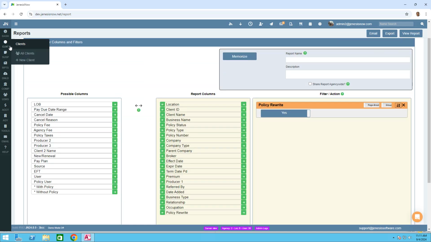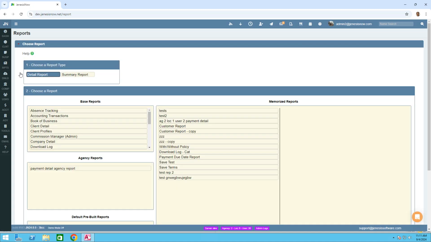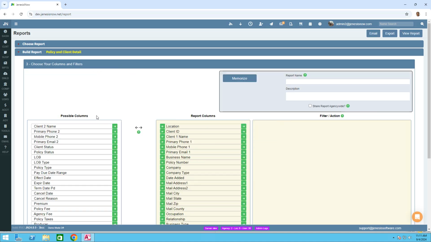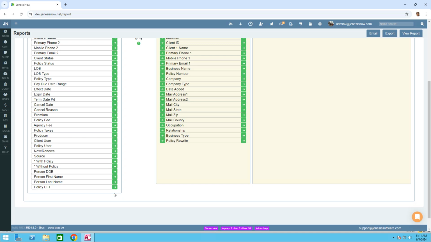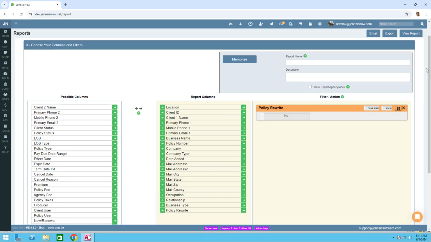Let's go back and also try that with the other report this option has been added to, which is policy and client detail. Click on policy and client detail, scroll to the bottom, and you now have the filter of policy rewrite added. And we're going to say yes